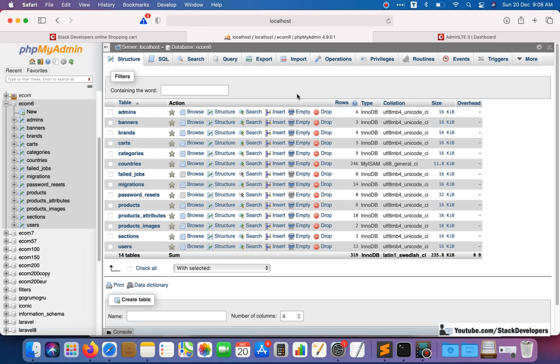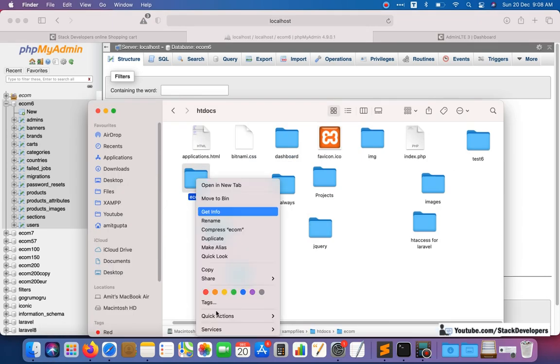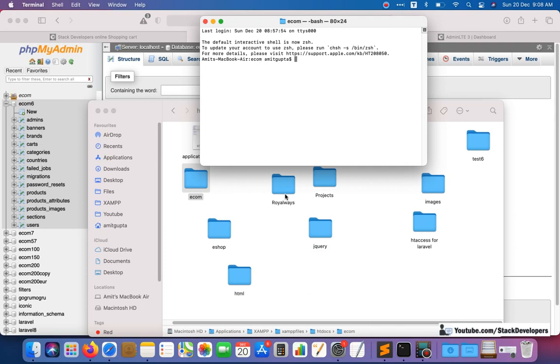So let's start. First of all, we will create the migration file for creating the new table. That table name is the coupons table. We want to generate the coupons table, okay. So I will run one command here: right click my project, new terminal, and I am going to run php artisan make:migration, like we always do for the migration command.